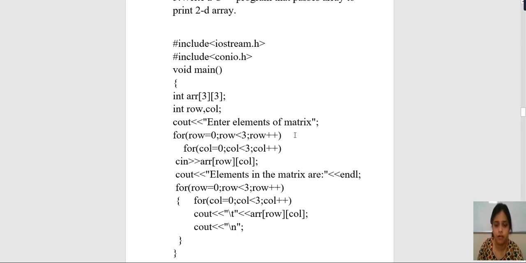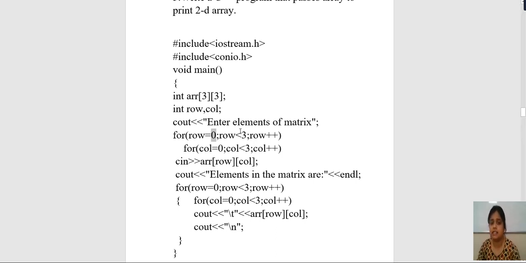Now what is the meaning of this line? See, here we have defined an array of 3 by 3, that is, we want 3 rows and 3 columns. So my row value should not exceed 3. It should not be more than 3. So for that I have used the condition in my for loop as row is strictly less than 3, and row starts from the value 0, that is 0, 1 and 2. Strictly less means it will not take the value 3. So the values taken by row will be 0, 1 and 2.